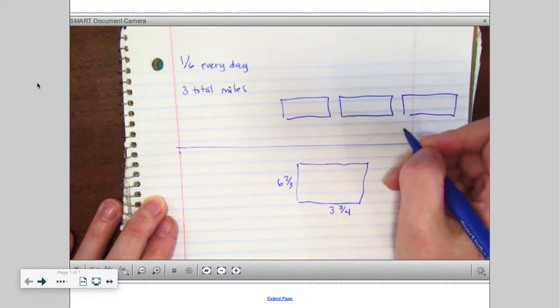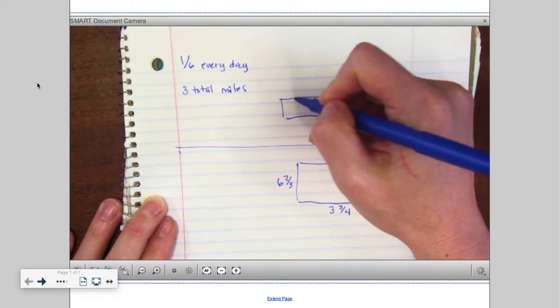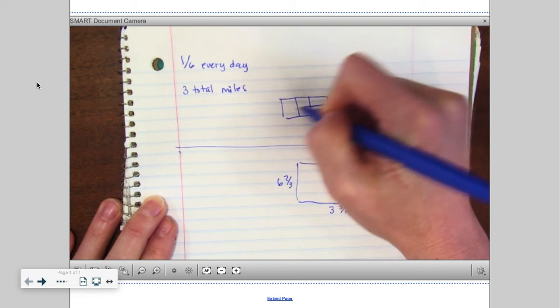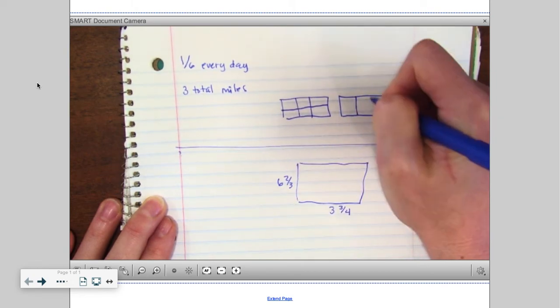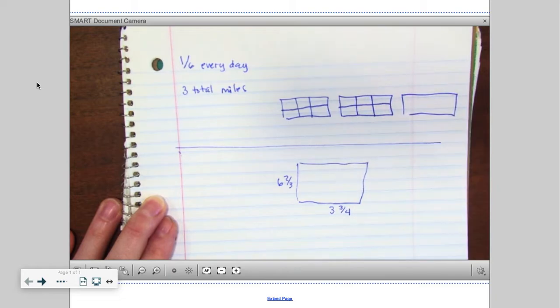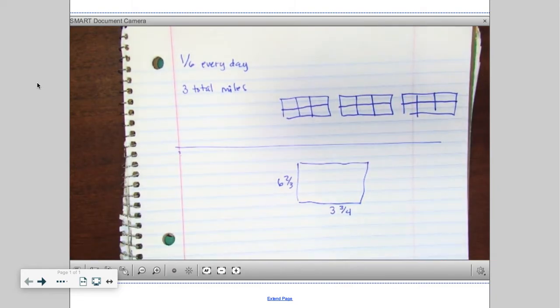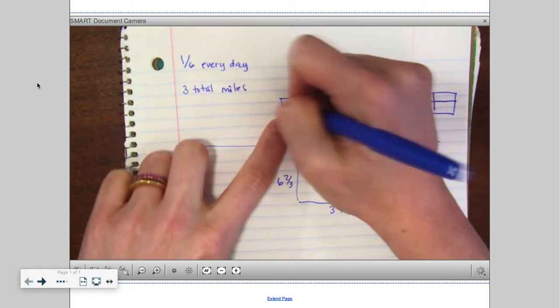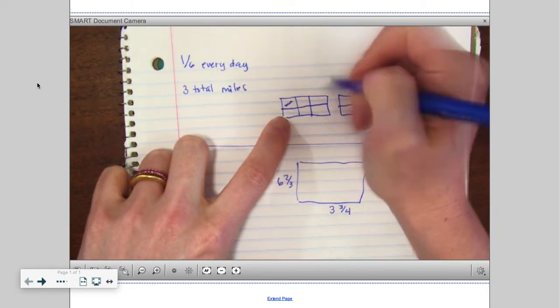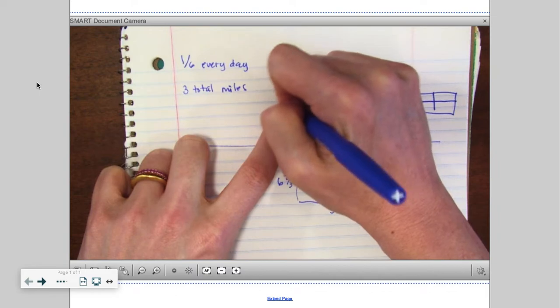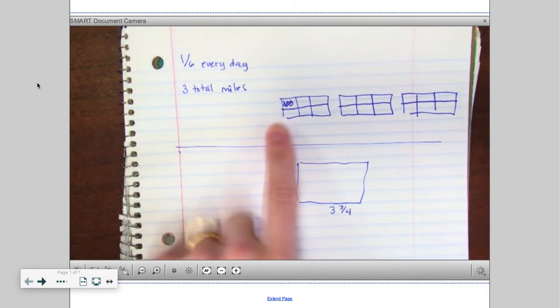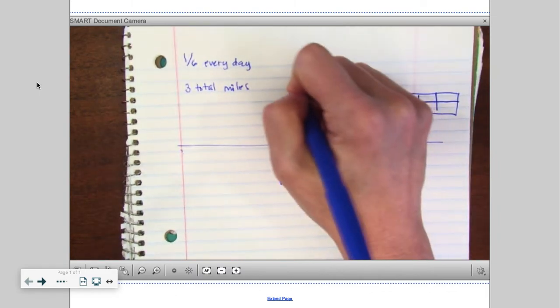So with my model, I want to cut this into 6. I cut it into thirds, and then I cut that in half. I now have 6. So if I walk 1/6 every day, so this is 1 day, it will take me 6 days